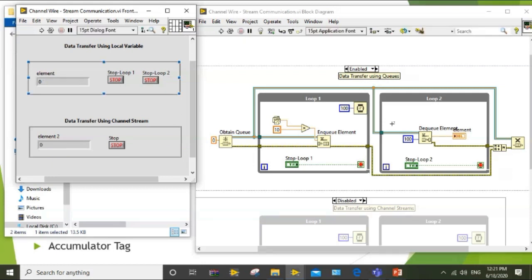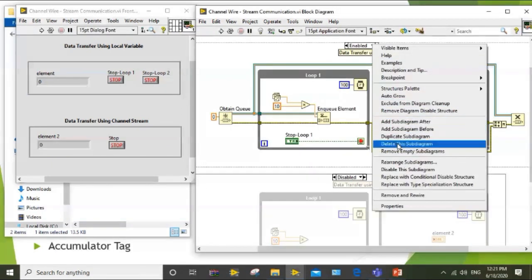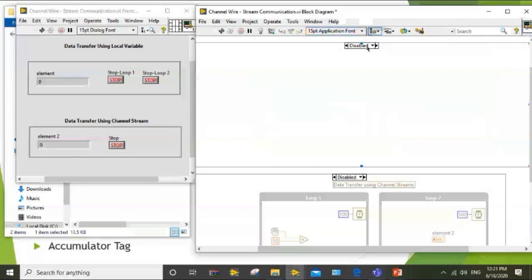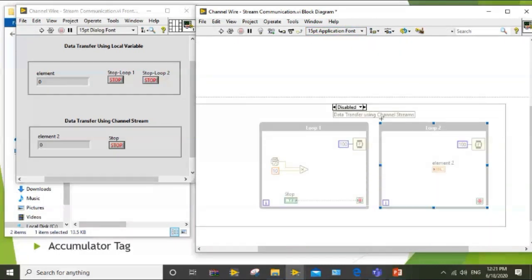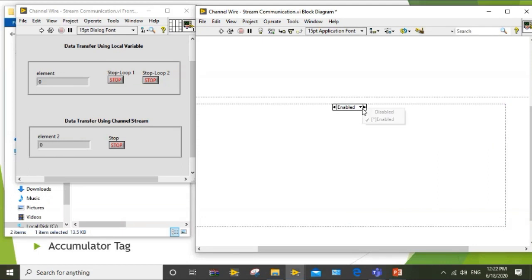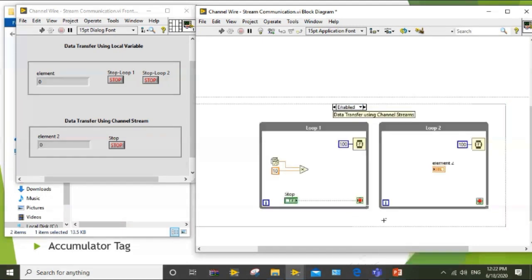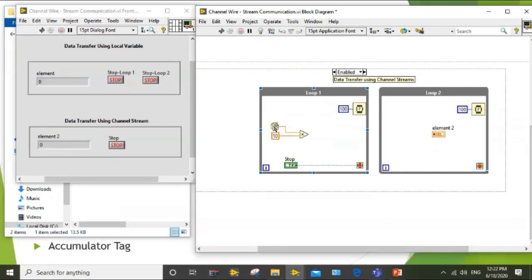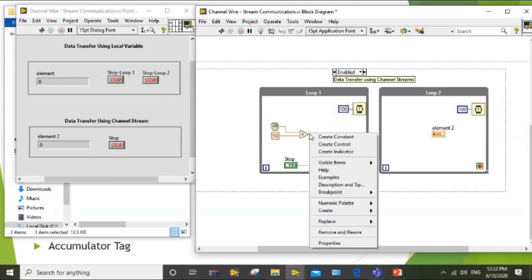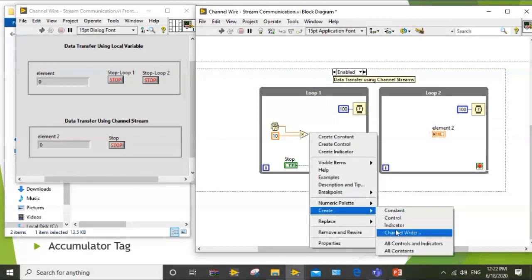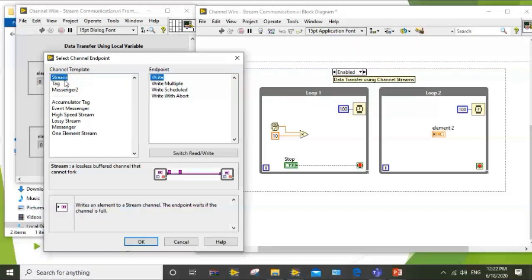Now I'll show you how you can implement the same thing using a channel. Here again I'm generating random numbers. I'll create a channel writer and select stream, because I want queue type communication and I don't want any data loss.